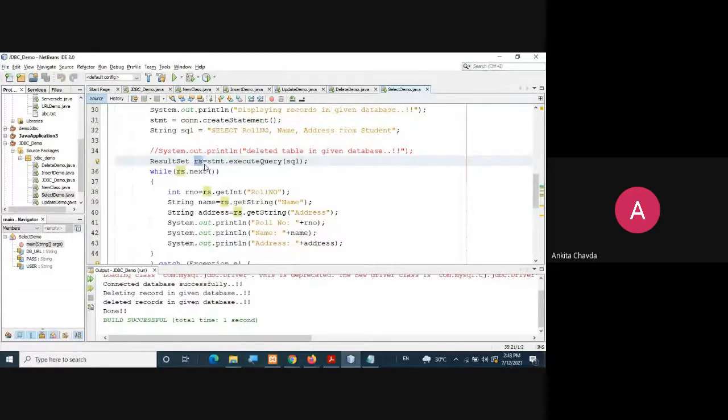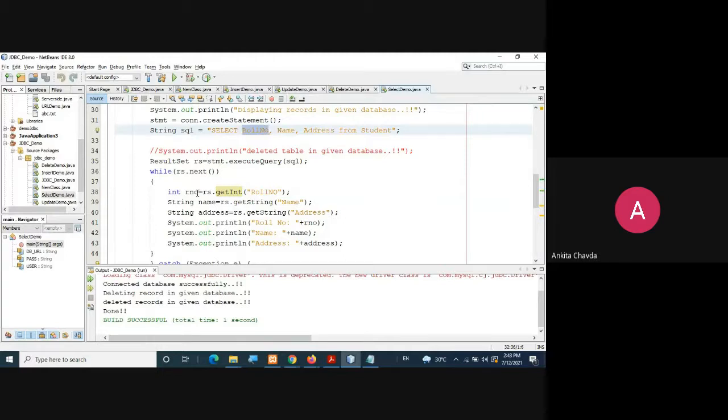So I'll simply put a loop like while rs dot next, meaning while you still have records, you need to read the data. Here integer r number equals rs dot get int. Get int is for taking the integer value of the roll number column, right?